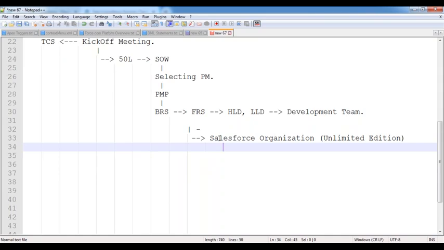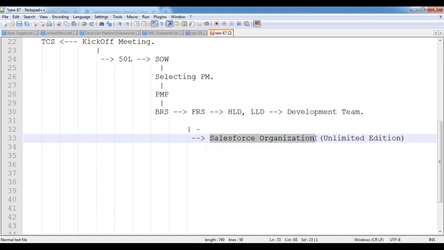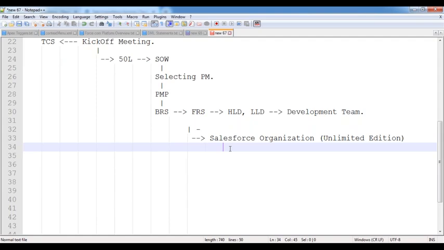In a similar way, this application is not being developed for the TCS people. This application is being used by Ready Labs. So to develop this application, whatever software licenses are required, everything has to be given by the client itself. That means Ready Labs has to buy that Salesforce license. Ready Labs people are going to purchase the unlimited edition license of Salesforce, by contacting any Salesforce partner, or they can contact the Salesforce.com organization directly to buy